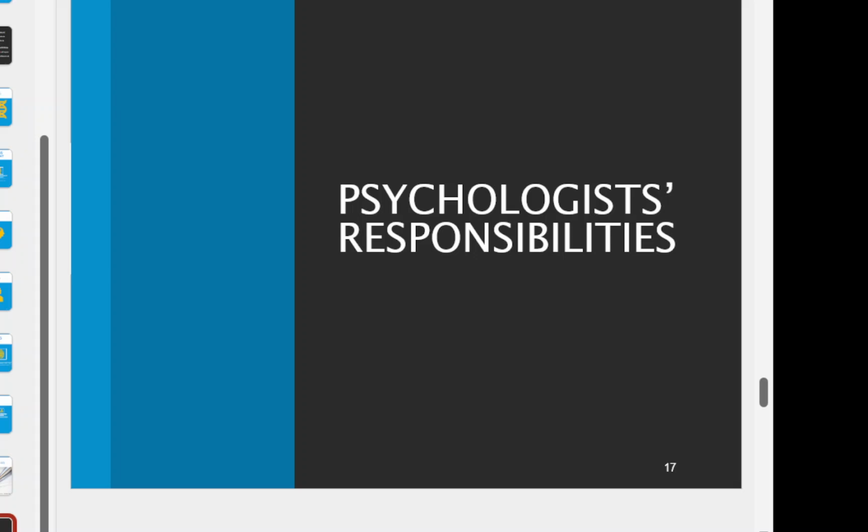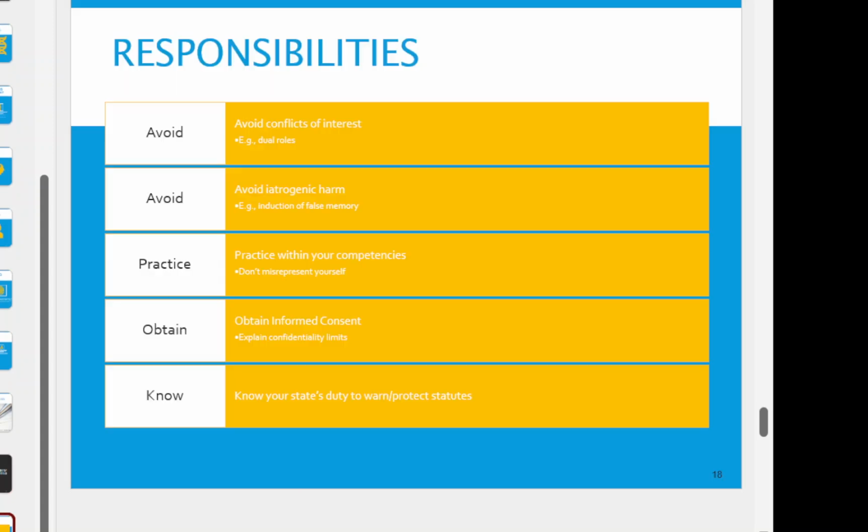So we are going to move on now and talk about psychologists' responsibilities before we wrap up here for today. We are responsible for avoiding conflicts of interest, such as dual roles. This is going to be a big one. The dual role for forensic psychologists occurs when they serve in two conflicting capacities, potentially compromising their objectivity or professional boundaries. So an example here would be a forensic psychologist is hired by a court to assess a defendant's competency